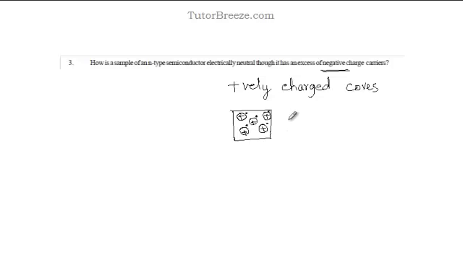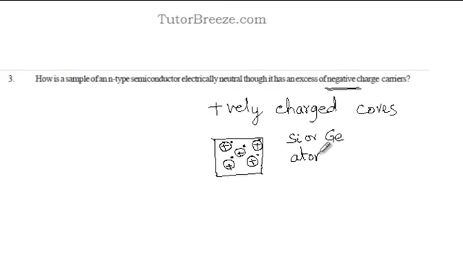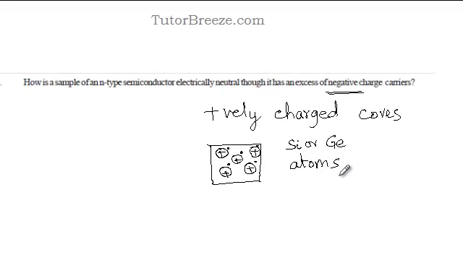Besides, we first have a semiconductor material, say silicon or germanium. Now, when you're doping it, you're adding some atoms. You're not adding any charges. So since you're adding atoms, and atoms are neutral, the material cannot get charged. It's just that the charges are separating. The negative charges are moving away, but the negative charges are not leaving the material. So the material as such remains electrically neutral.